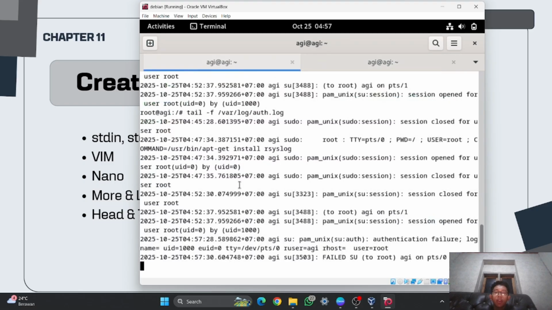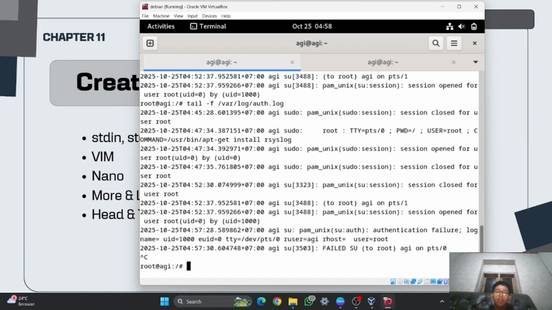When I check here, as you can see, it is showing up, which is Agi on pts/0 failed to root. So if you add -f to tail, you will read the history in real time. So that is the function of tail -f.